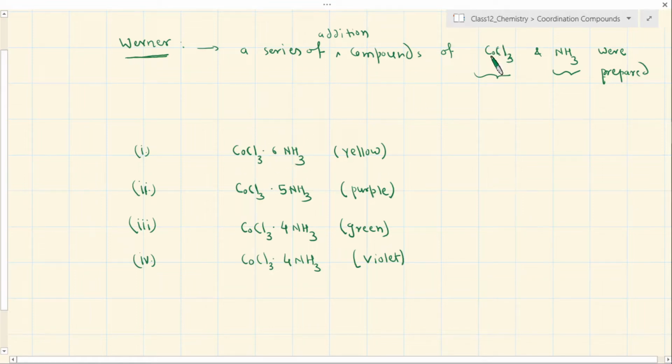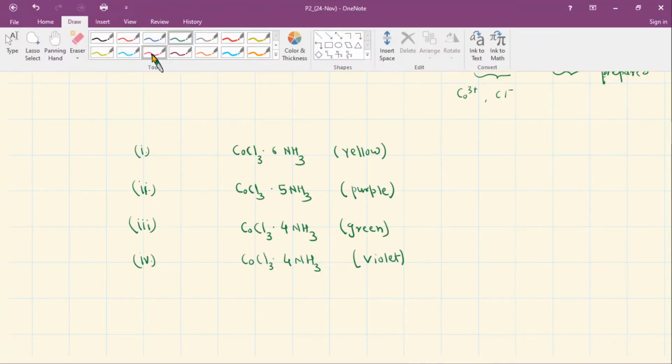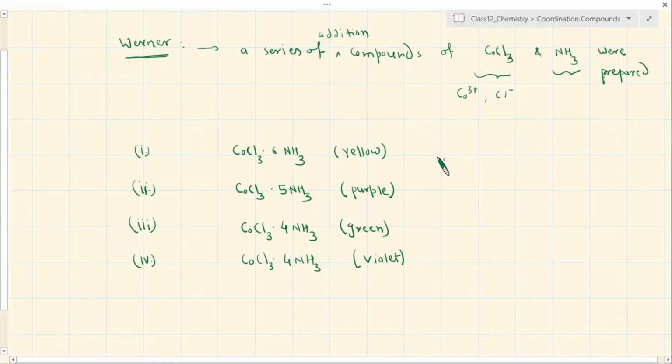Originally you have taken, let's say, cobalt with the 3+ ion. Cobalt has a valency of 3+. There are 3 chlorine each with valency of Cl-, and ammonia has a valency of 0. This is the neutral molecule. What is the simplest test that you know in the laboratory which can identify the presence of chloride ion? Inorganic analysis. Anybody remembers? Silver nitrate solution, remember?